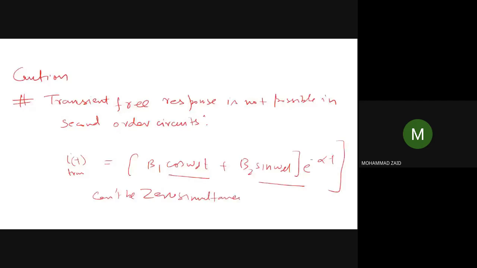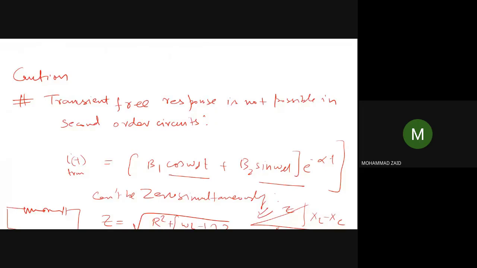In the case of an RLC series or parallel circuit, it will be Vm by Z, where Z will be equal to under root R square plus omega L minus 1 over omega C the whole square. This you already know from the vector diagram of first year: this will be R, this will be XL minus XC, and this will be Z. So Z will be equal to under root of R square plus XL minus XC the whole square. This is true for an RLC circuit.